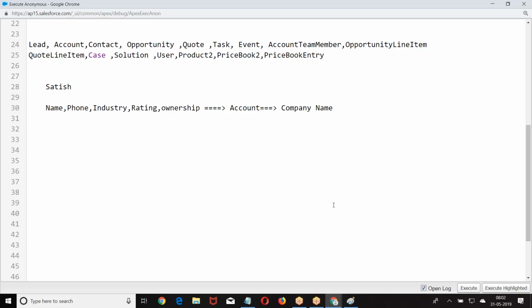When you take a BMW application, who is your customer? Who is your account? The customer who purchased a car from you, and the showrooms which are selling the cars, both of them are customers. Those are called accounts. So what is an account? Account is the name of the company or the name of the person who is trying to do business with you. Who is doing business with you? Was that clear? Right? Okay.